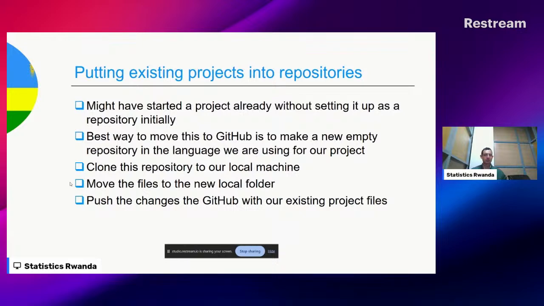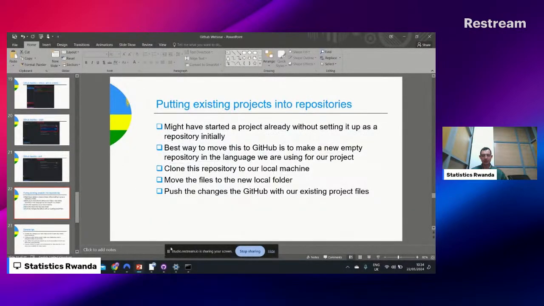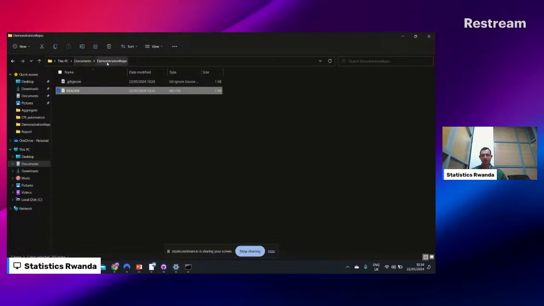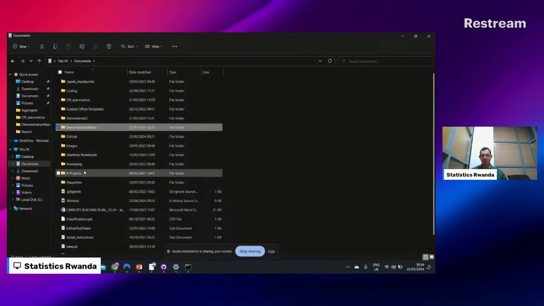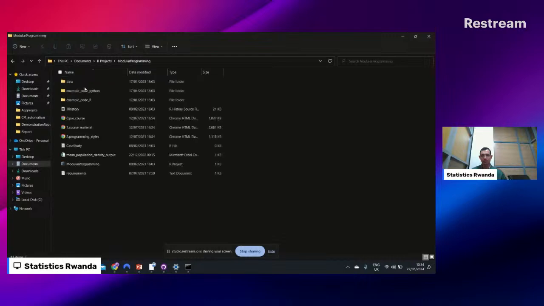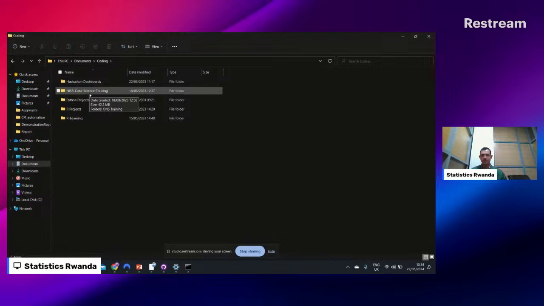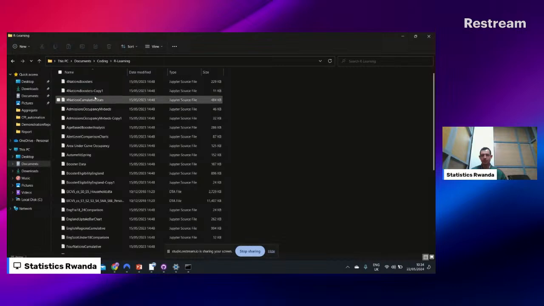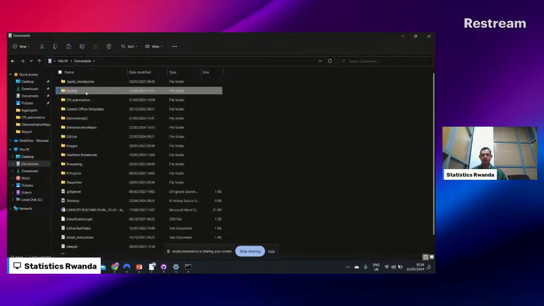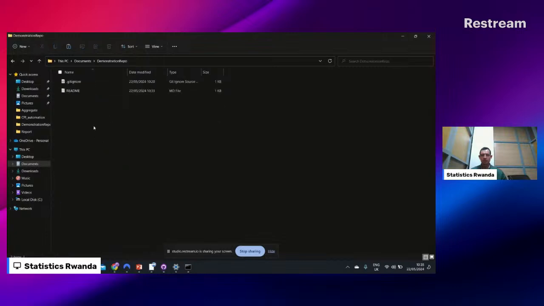So the best way to do this is to make a new empty repository in the language we're using for our project. So for example, let's say that I've made the demonstration repository after working on something. Let's say it is this, sorry, I have various projects. Let's say it was this file, and if we go into demonstration repo and essentially just copy this file over,